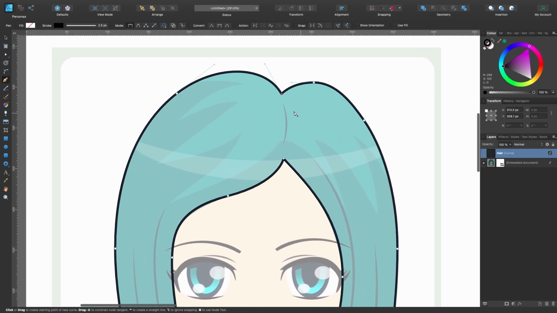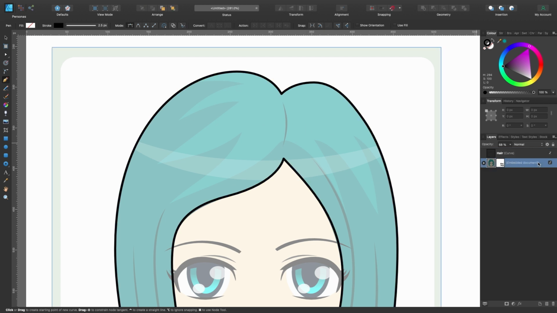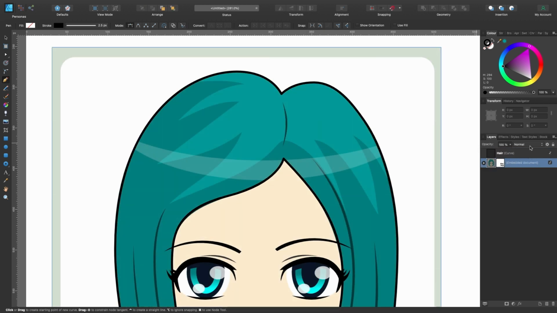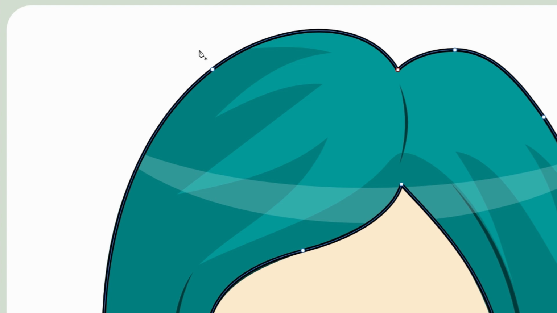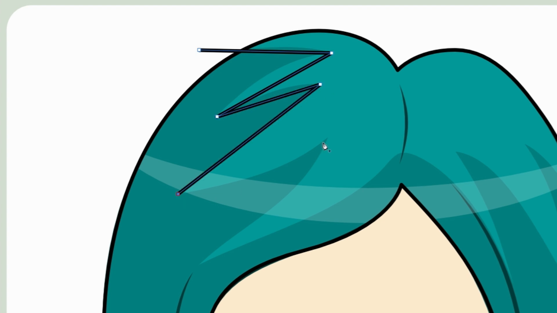Okay, so the next thing I'll do is create this kind of reflection here. Let me just bring up the opacity of that layer underneath. I'm going to create this reflection on the top of the hair, and I'll show you a little trick that doesn't require you to click and drag. Click once with the pen tool, and instead of clicking and dragging out, just click once, and you can just click on all of these points up like this. It's slightly quicker to do it this way sometimes, not always.